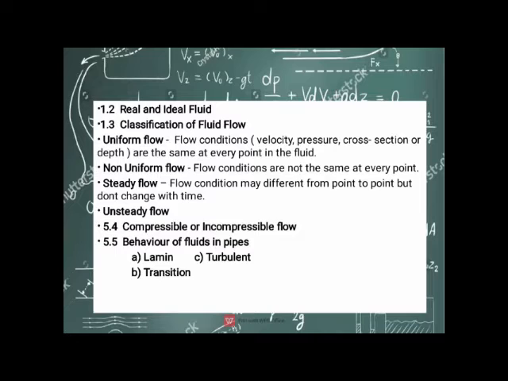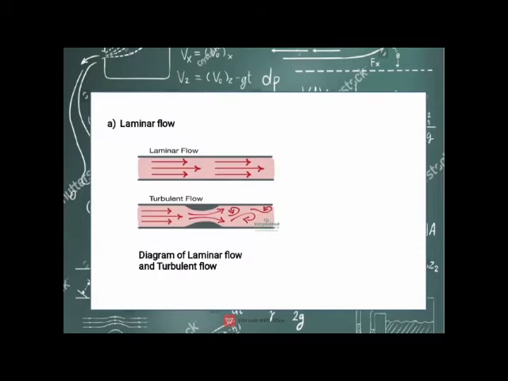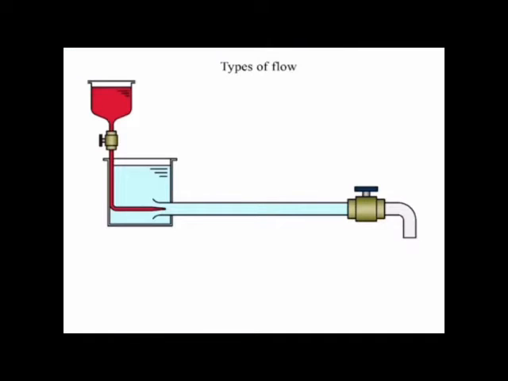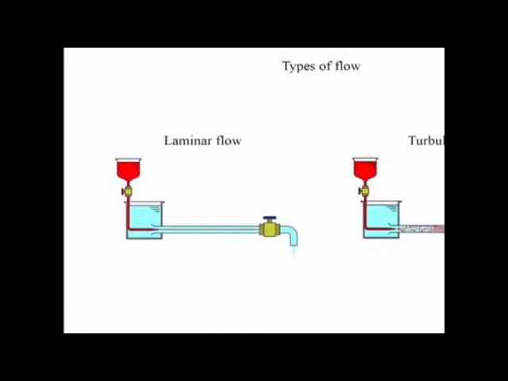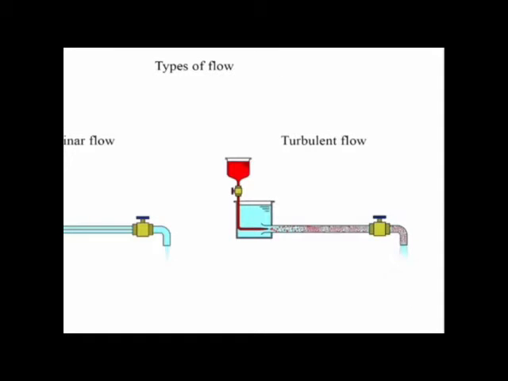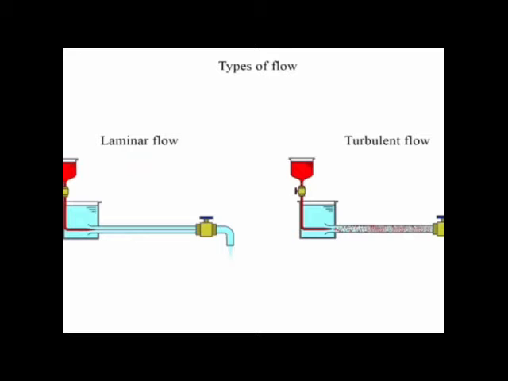A. Laminar. B. Transition. C. Turbulent. The type of flow is an important factor when considering energy loss within the hydraulic circuit. There are two different types of flow, laminar flow and turbulent flow. The type of flow may be determined using the Reynolds number. Reynolds number is dependent on the velocity of the flow, viscosity of the liquid, and the cross-sectional area through which